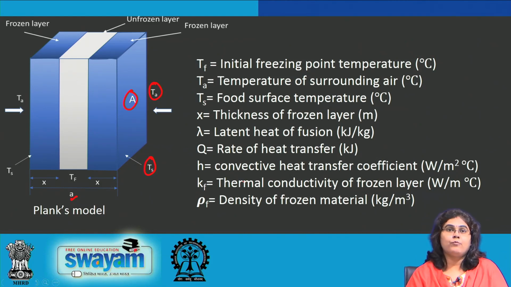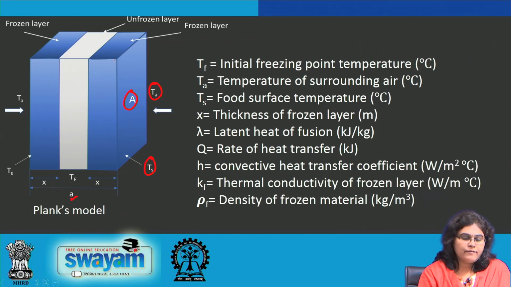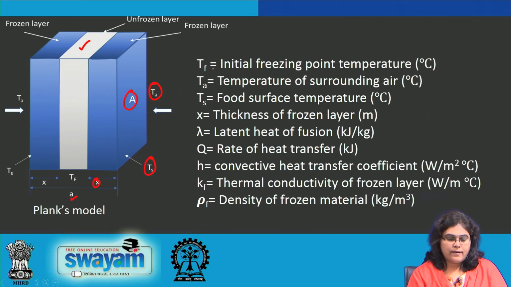Freezing takes place from both sides of the block. So, we have frozen layer on both sides having thickness x, whereas the unfrozen layer is present at the center, as can be shown over here. So, Tf designates the initial freezing point temperature,